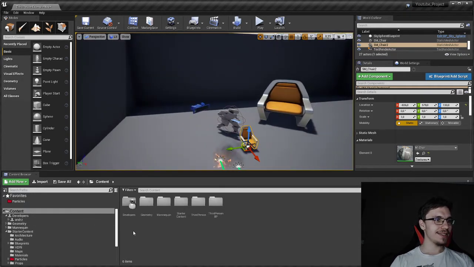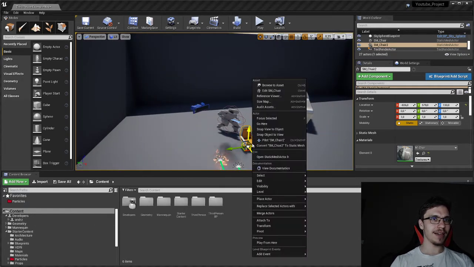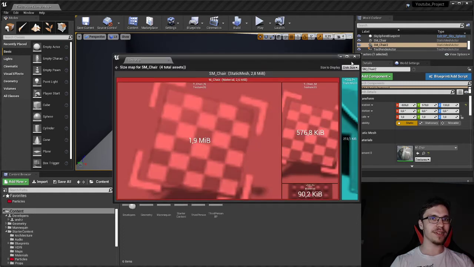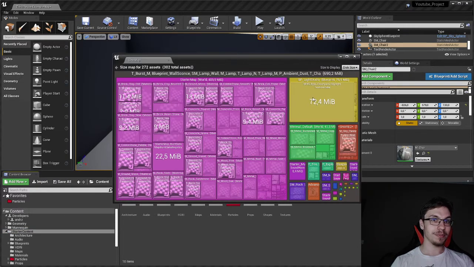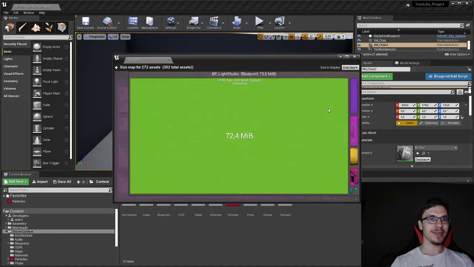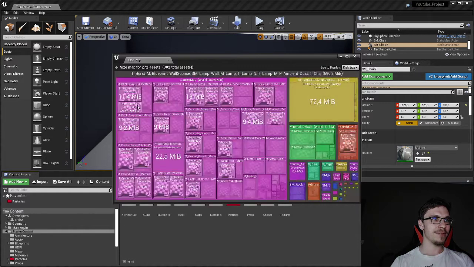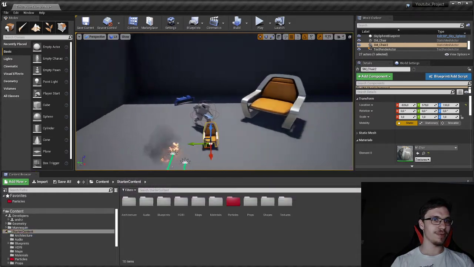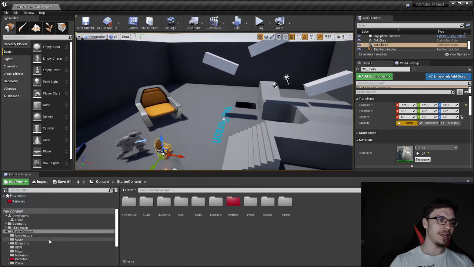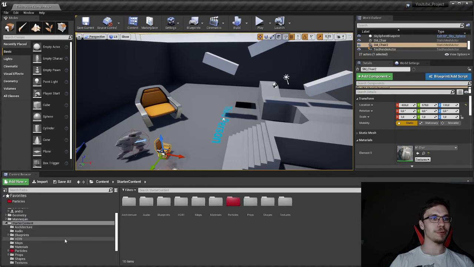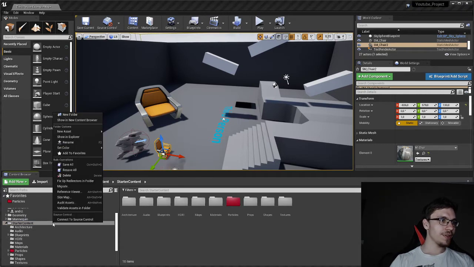The next thing is I can also do a size map of something, but right here you can see how much space it takes. If I do this on starter content, it will show something like some more stuff. But yeah, that's pretty much how it works. I can see how much space certain things take. So this is helpful if you have many different textures or whatever, and you want to check if everything is in the desired resolution or whatever. You also got your